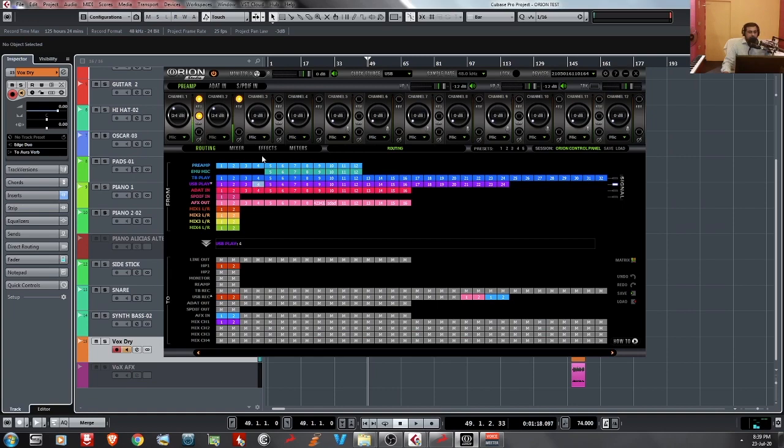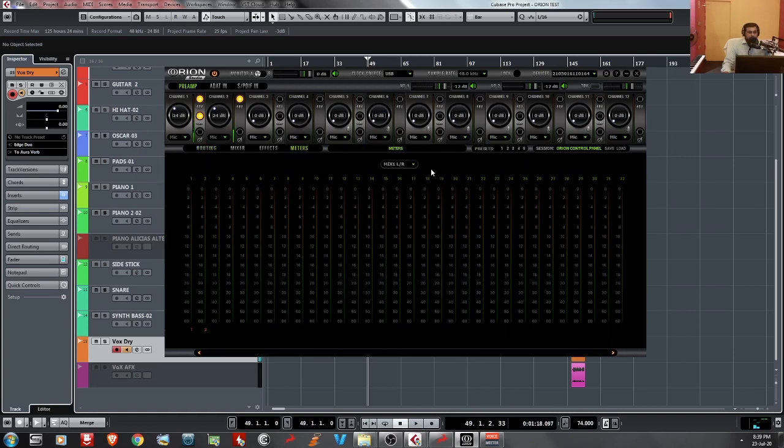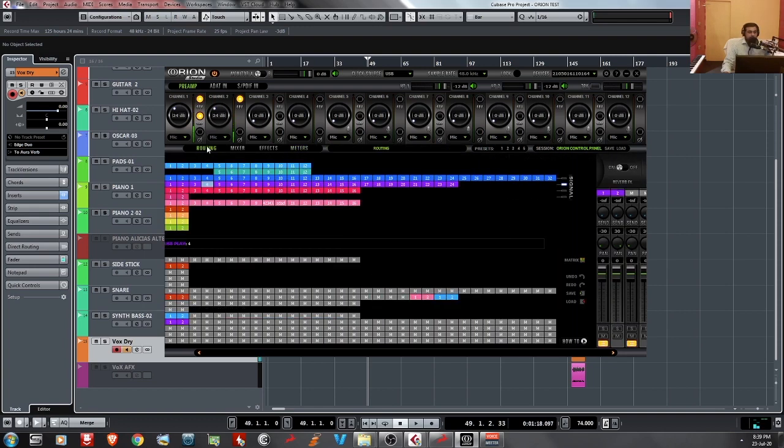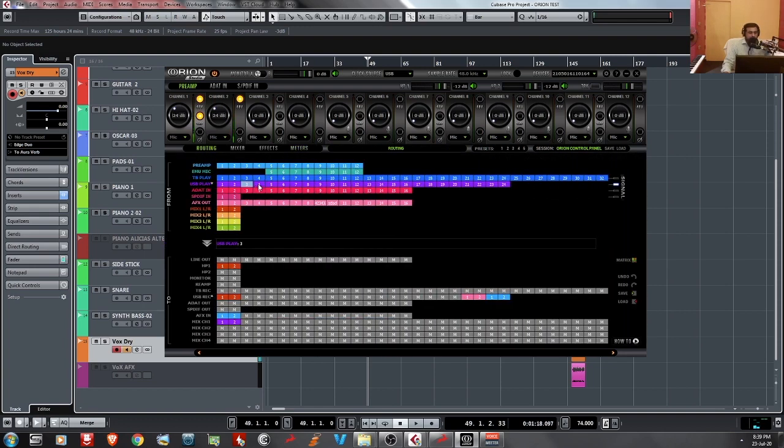Now we will check here in the meters in the USB play section. Hello. Okay, the signals are coming out of the 3-4. So I am just taking the USB play 3-4 and routing it into the mixer channel 1. Okay, now you can hear my voice.